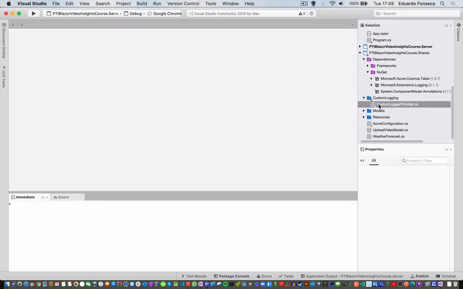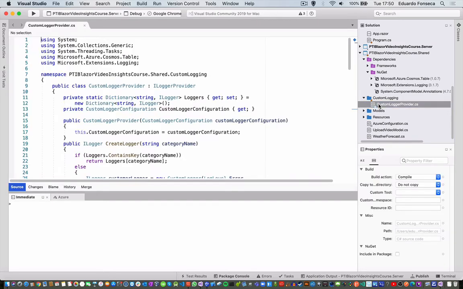Let's continue. So here you see that we have a class named CustomLoggerProvider that implements ILoggerProvider, and then we have to write the methods that are defined in this interface. Now the ILoggerProvider actually comes from the Microsoft.Extensions.Logging NuGet package, so you need to add that NuGet package. This is the file which is going to have the